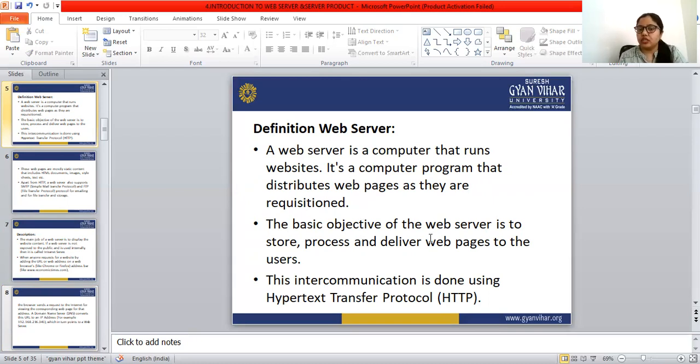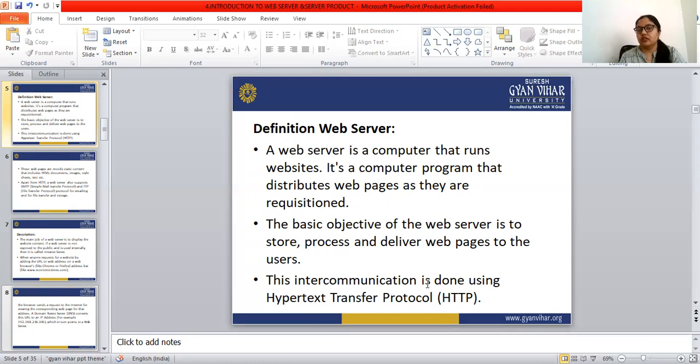The basic objective of the web server is to store, process, and deliver web pages to the users. We are the users. This intercommunication is done using the hypertext transfer protocol. Who sends the hypertext transfer protocol?